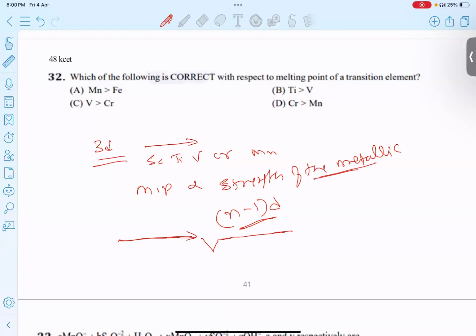Melting point and metallic bond strength go together. So here the correct option is